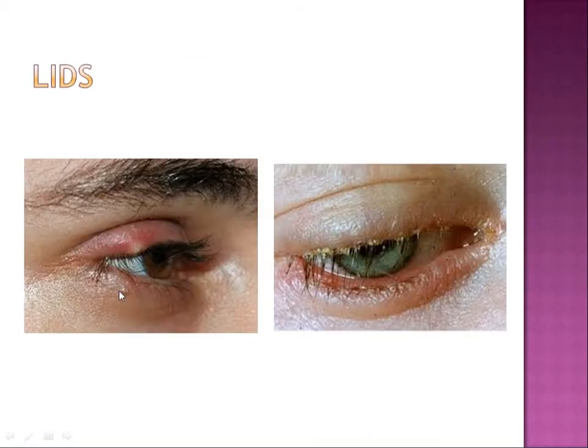Now, we'll see the lesions of the lid. Sometimes lesions of the lid can also cause a red eye. Here you're seeing a hordeolum externum, that is a stye, which can cause red eye. Sometimes blepharitis or meibomitis. What happens in these conditions is that the meibomian secretions or the sebum go into the eye and cause irritation. Because of the irritation of the conjunctiva by the secretions, there will be red eye in cases of meibomitis and also in hordeolum externum.